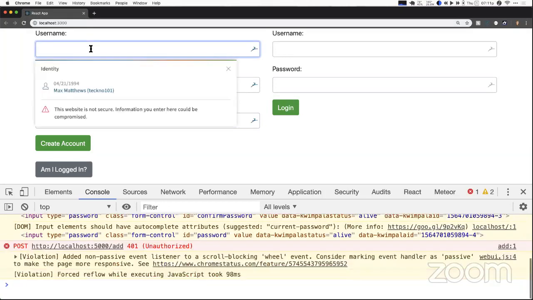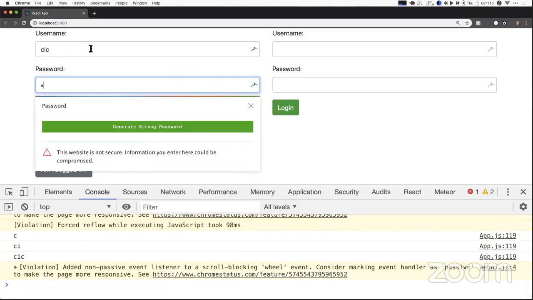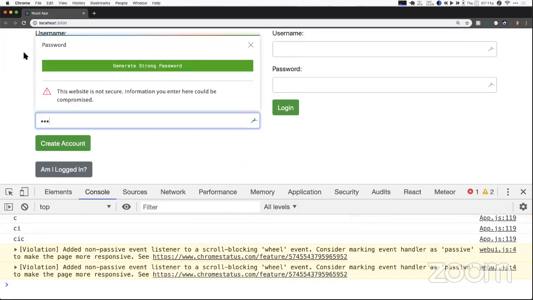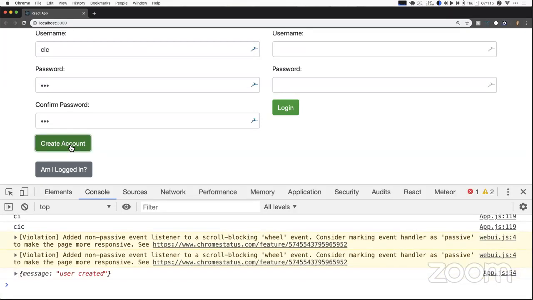Okay, so we are going to create a username that is CIC, and our password is 123. And we're going to do the same thing here. And because we have all of our code from last night, bcrypt is going to run, it's going to hash the password, it's going to have a bunch of salt in it. It's going to think it's at McDonald's, and then it's going to go into the database, right? So we're going to create account. We get our